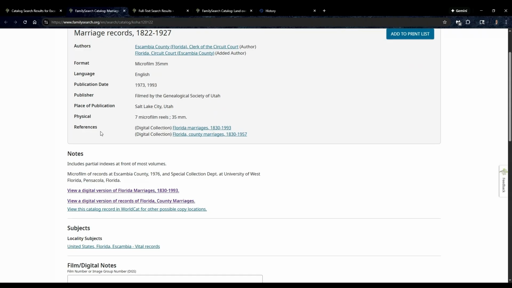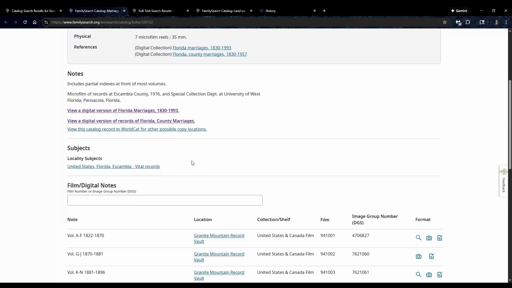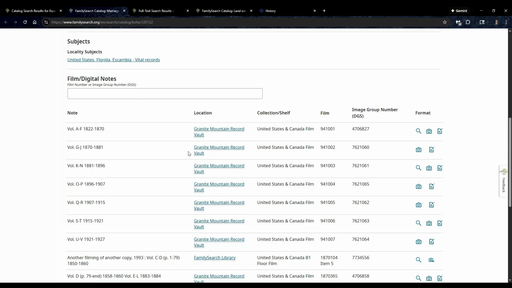There's even references to other records. Now, I'm not going to click on this, but for those of you who are Florida researchers, if you want to see a lot of marriage records in several different counties, you'll want to go into this, but I'm not clicking on those shiny objects right now. But there's more information here. And then down here,